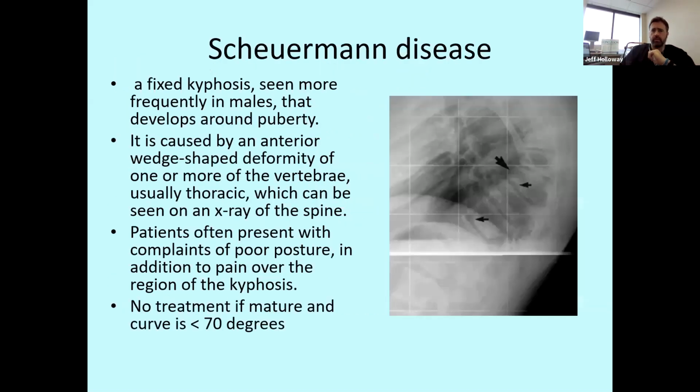But Scheuermann's disease is where you start getting those wedges in one way, and so then now you get the kyphosis, and then you have that wedge deformity. These often need surgery to really correct them. So someone as bad as that guy, the way he looks obviously would need surgery, much like scoliosis. But when you start off with it, and I've seen a few cases